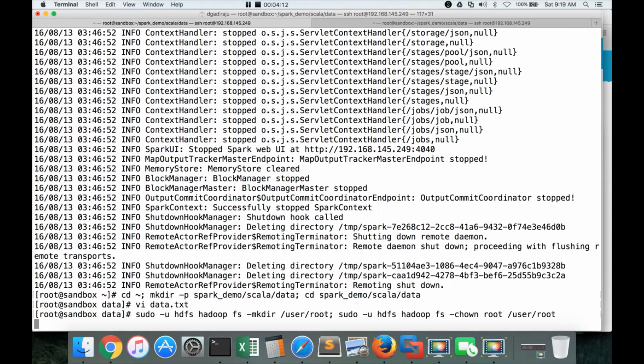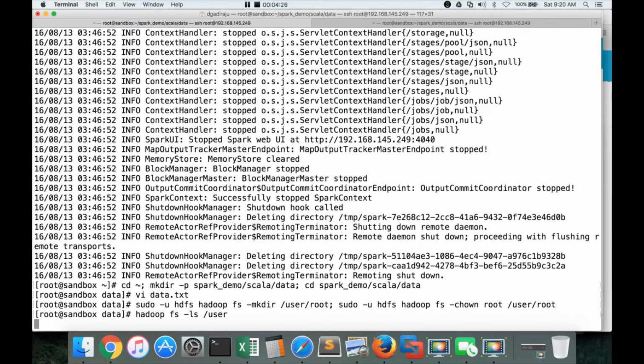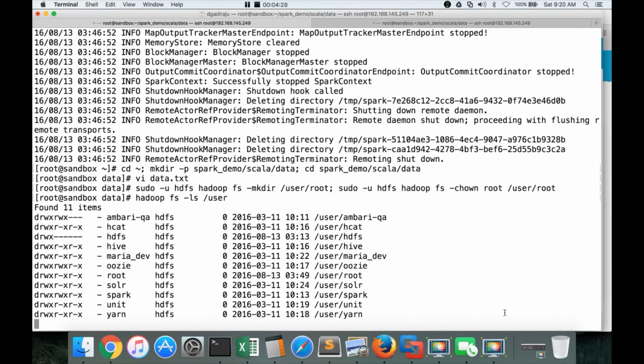Run this command. It will create the directory /user/root, and also the owner of /user/root will be root. You can validate that by saying hadoop fs -ls /user and hit enter. There should be a root directory in that where the owner is also root.